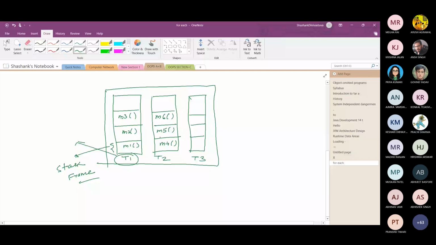The next area... Hello, memory sir. Area, yes. Thread क्या है sir? Sir, what is thread? Okay, basically thread